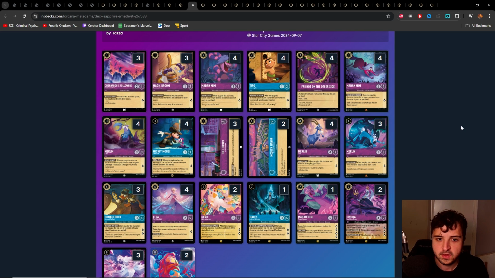It really, really does. T-Pose in there as a nice ramp option. 4 Crabs, as well as the 4 Mickeys. There's also 2 McDuck Manors, which is really, really interesting. The library's in there for the synergy with Churnabogs and Brooms, which makes me wonder even more why there's only